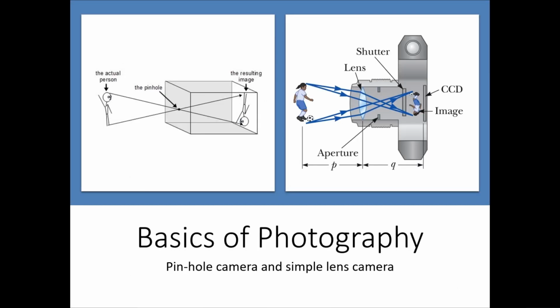Well, let us move to the basics of photography. You have seen a pinhole camera and a simple lens camera probably. If you're looking at a basic camera, in the image on the right side, you might already have been exposed to some of these terms: the shutter, the lens, the aperture, diaphragm, shutter speed, focus, focal length, etc. Right? So let us see what these terms mean.